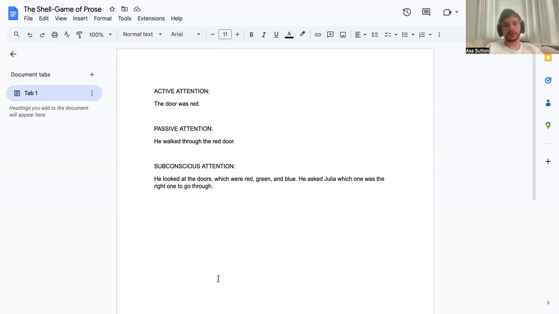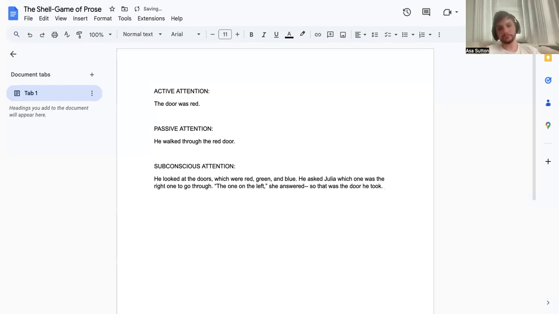What is the focus of this? We're looking at the doors, and we've now listed three doors, red, green, and blue. We haven't drawn attention to the red door. One of the doors is red. She could say something along the lines of, the one on the left, she answered. So that was the door he took. So subconsciously, later on in the same story,